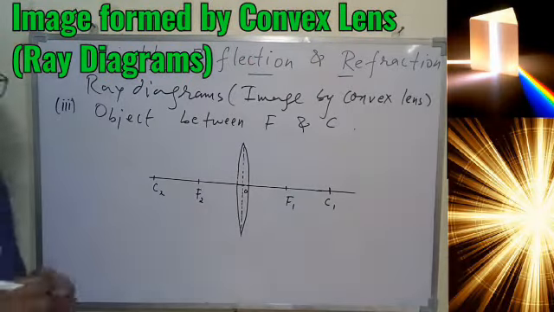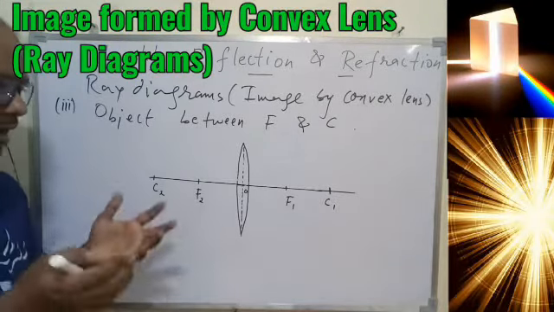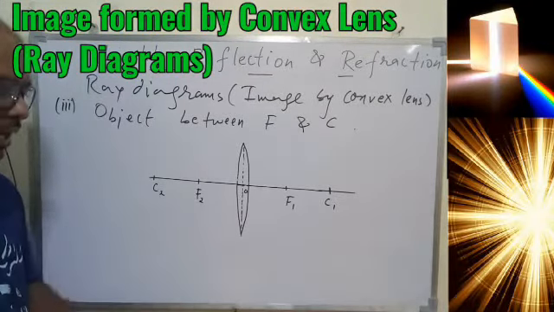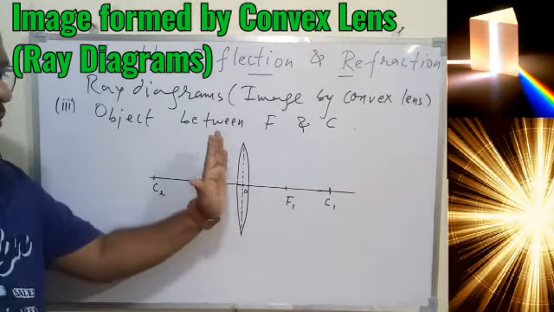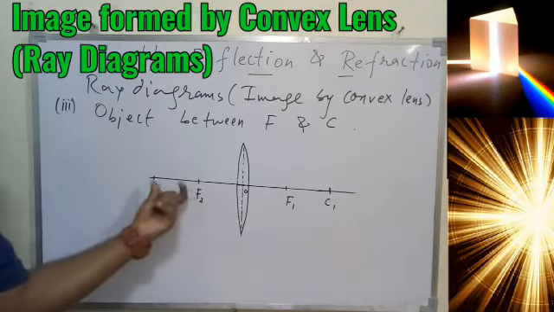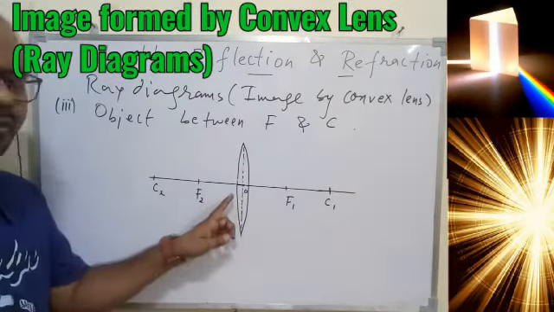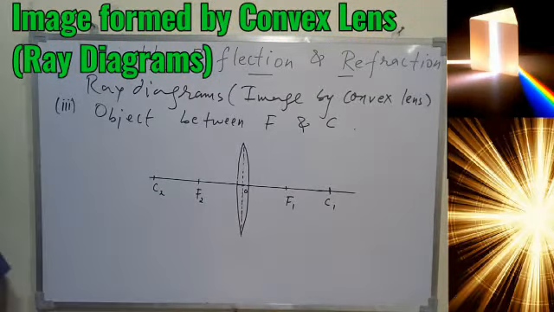This part is very important. If this is not correct, then the entire ray diagram will be wrong, so that is to be taken care of. Your line should be straight, and the lens should be perpendicular to the principal axis. The division should be equal, and measurement should be done from the center of the lens, that is the optical center. So that is how we have to do it.